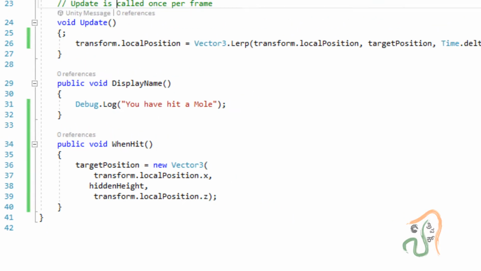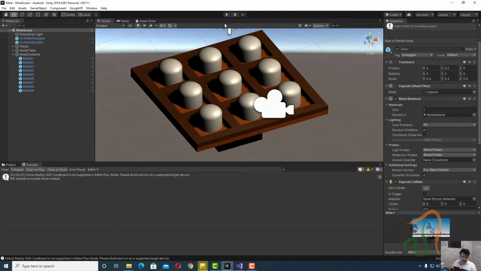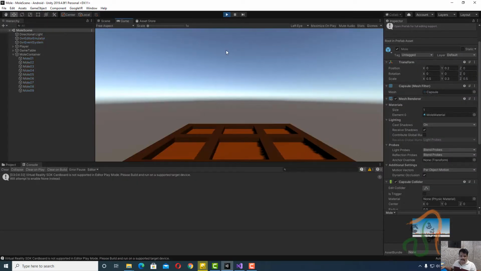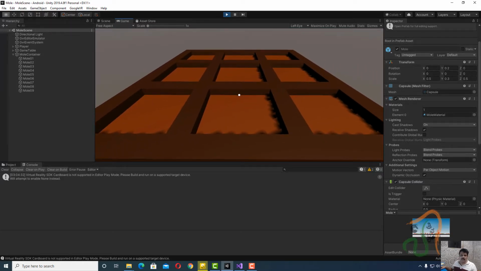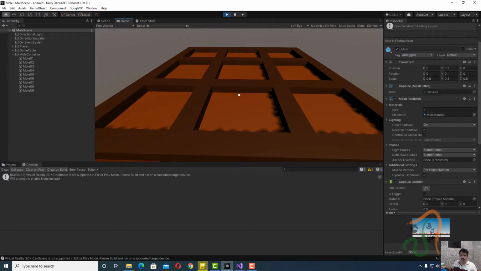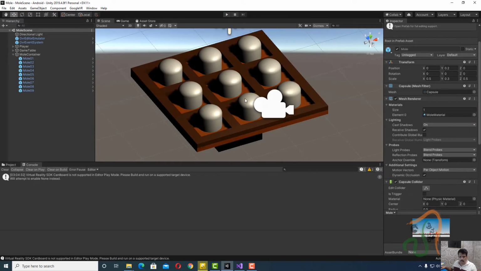So that's why now if I go to file and choose save all, and if I come to Unity and play it, nothing happens, everything is hidden. So now the next thing that we want to do is, we want these moles to pop up one after another. As the game starts, this mole should pop up one after another, and as it pops up, we have to hit it and it goes down. This is the logic. And how to make it pop up randomly, we are going to cover in our next session. So with this, let us complete this session.